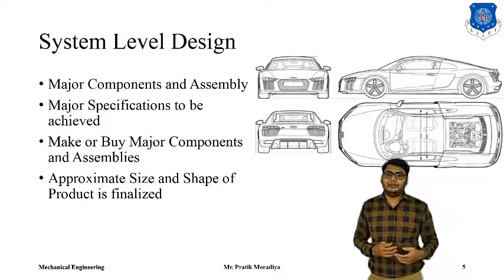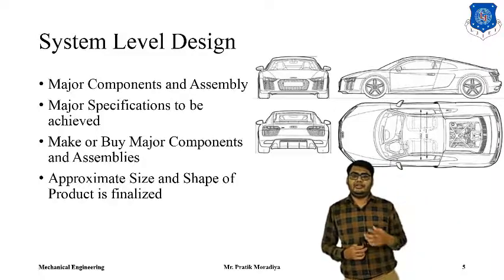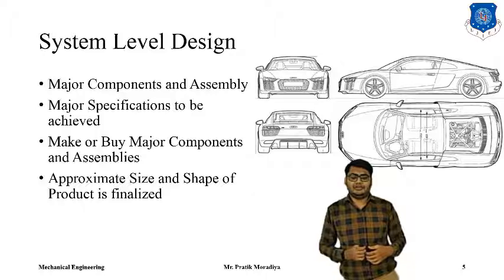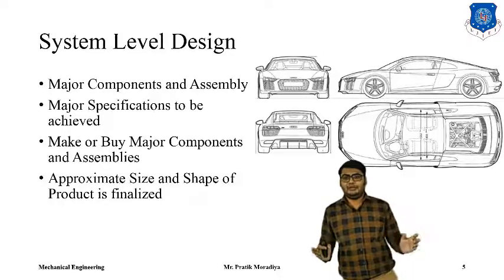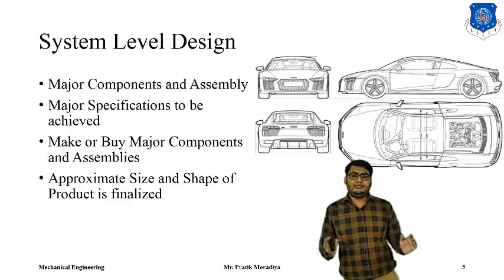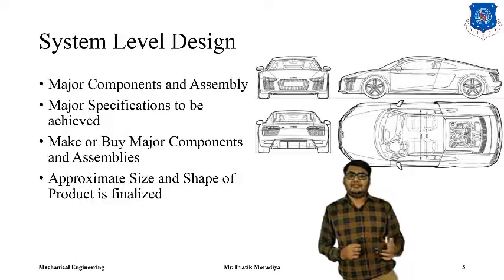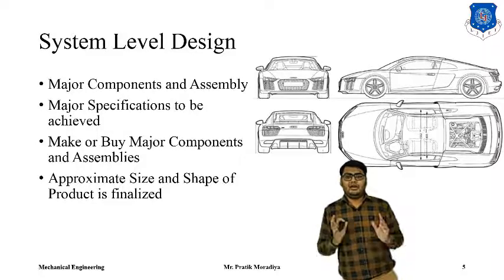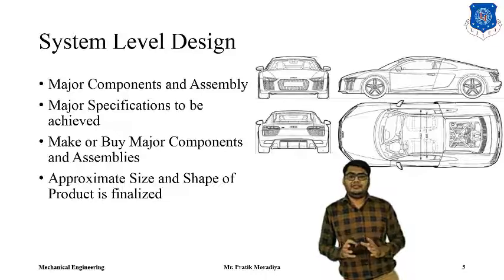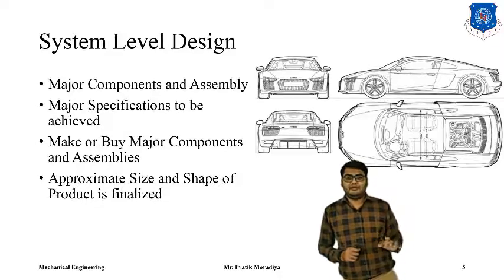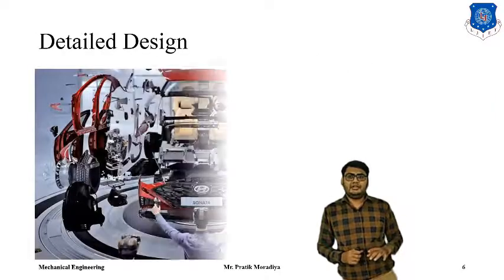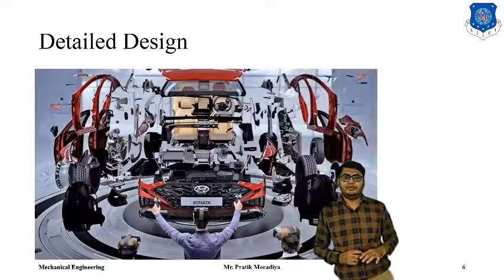The approximate shape and size of the product is finalized in system level design. So we are finalizing that my car's dimensions should be limited to this and the shape will look something like this. There can be minor deviations between system level design and final design, but a major part of the design will be fixed, the major part of the layout will be fixed. Then in detail design, what we will do is